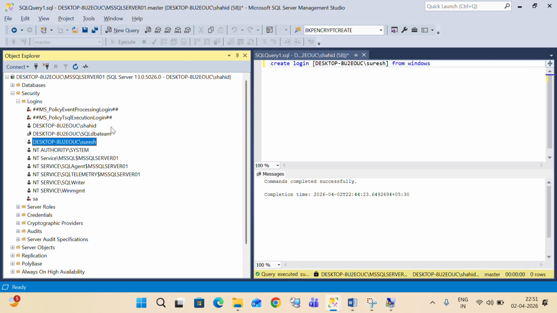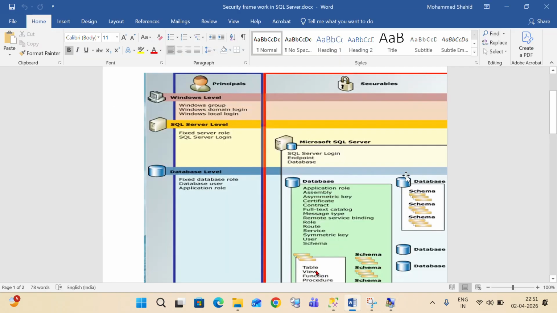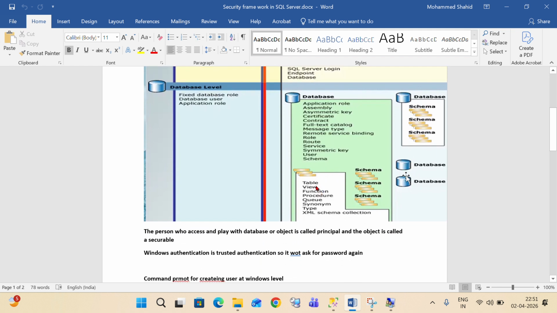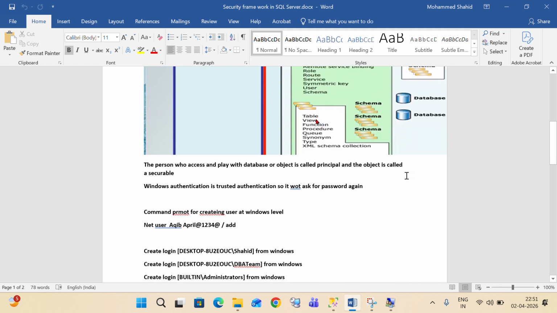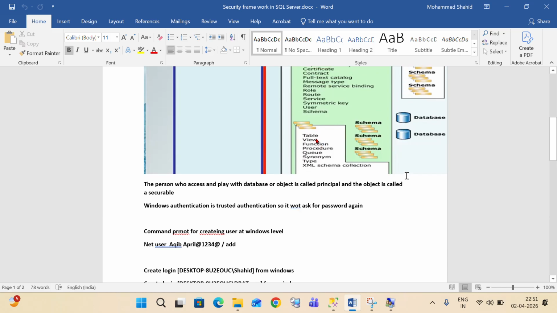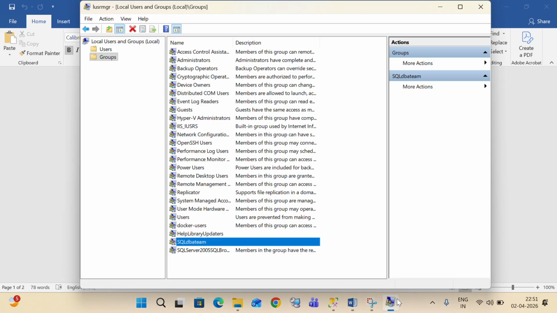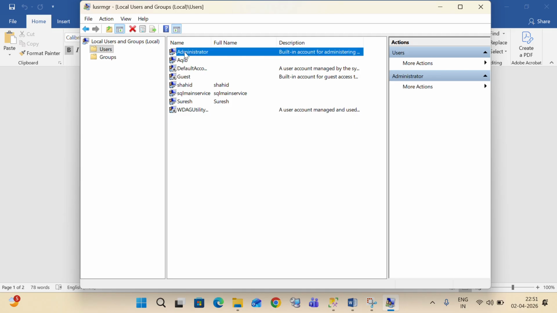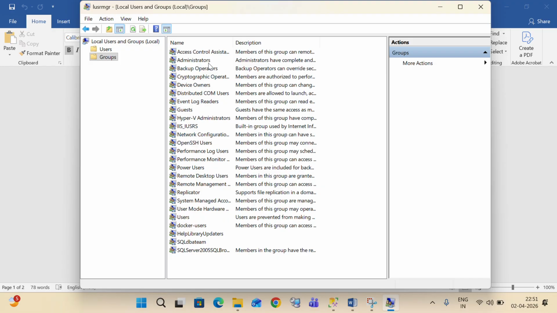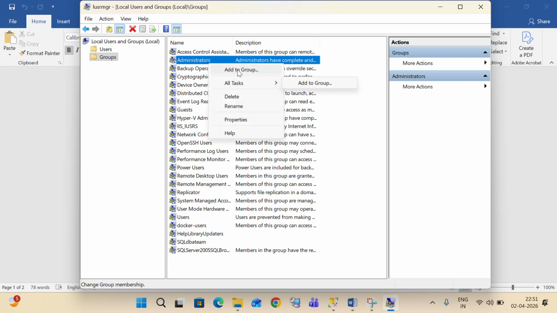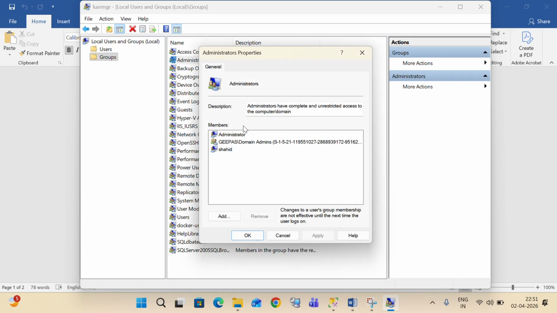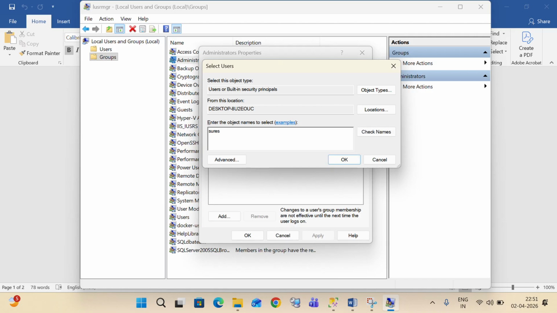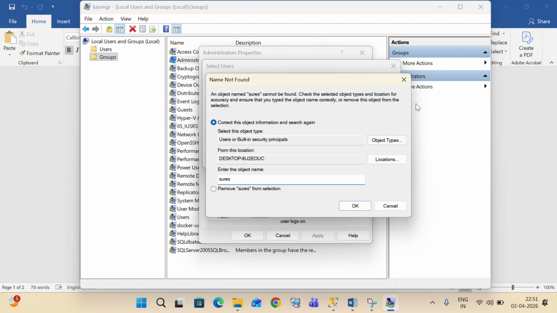One more thing, guys: I have shown you the Windows level, server level, and database level. There is one more level, the built-in administrator. If you go here, under groups, there is the administrator group, and I can go to its properties. I can add; Shahid is already there. I can add Suresh. Check name. Suresh is also a part of